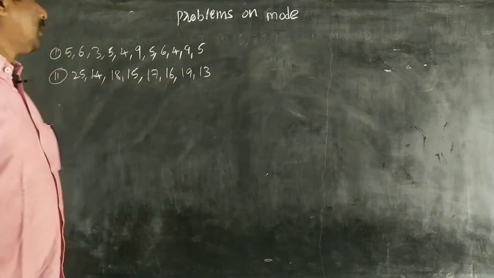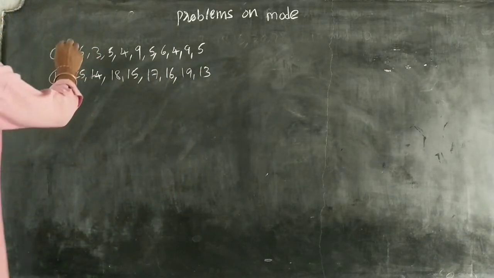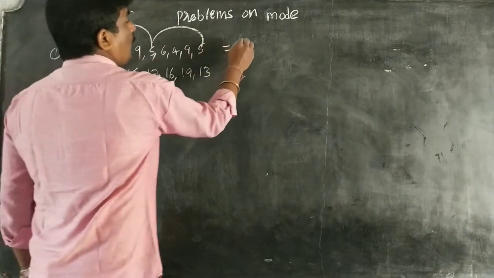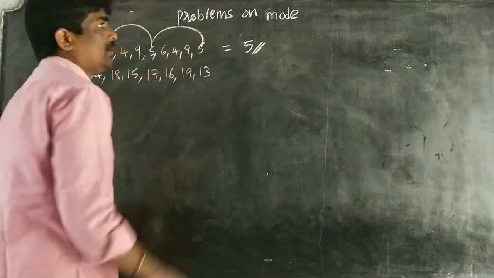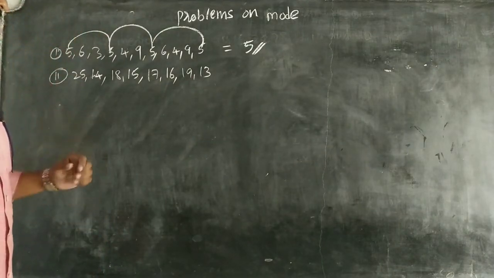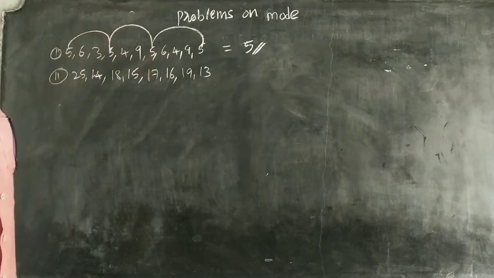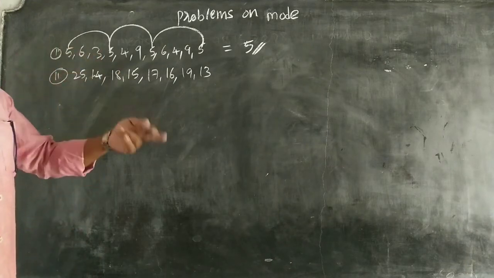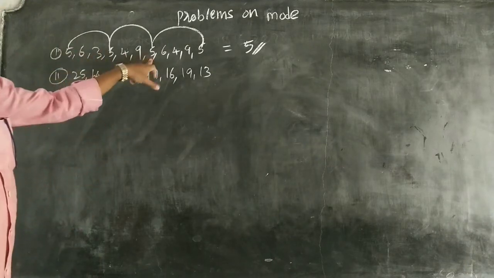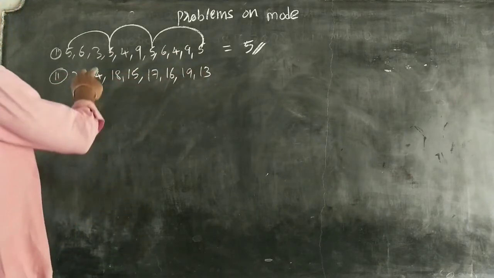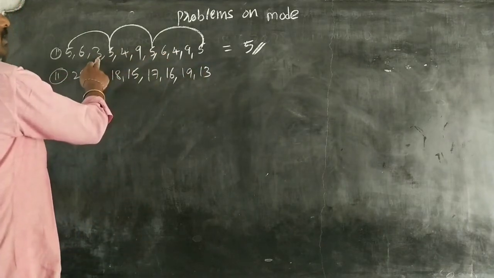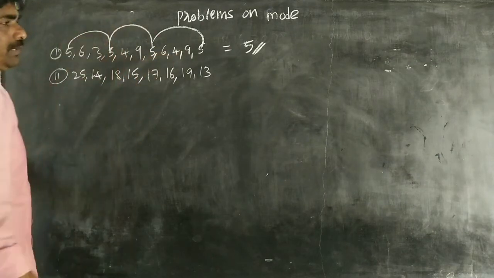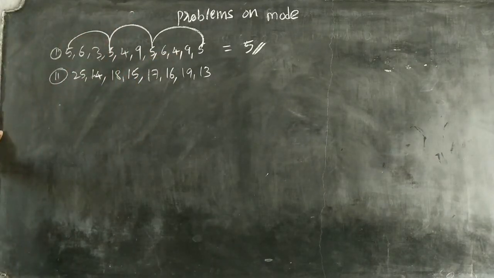Okay? Right. Observe here. In this you have to observe 1, 5, 2, 3. So 5 is its mode, because 5 comes 4 times. That is the mode. Mode means most times occurring. Remaining, check. 6 has only 2 times. 3 has none. 4 has only 2 times. 9 has only 2 times. Therefore 5 is the mode.